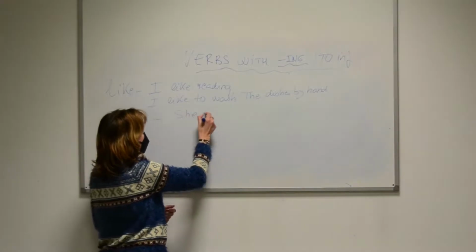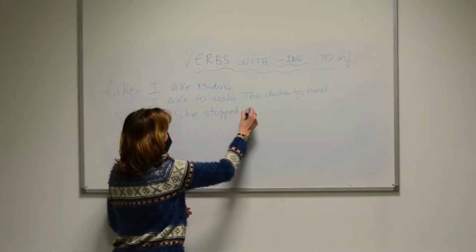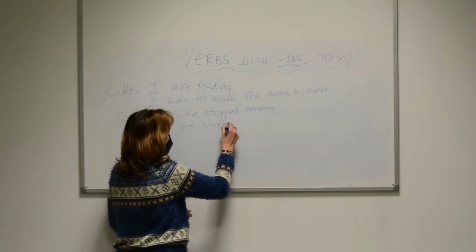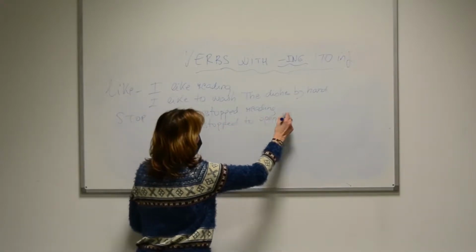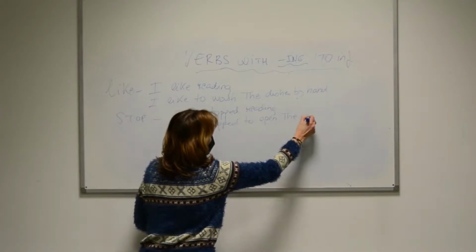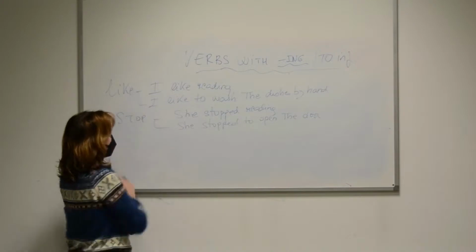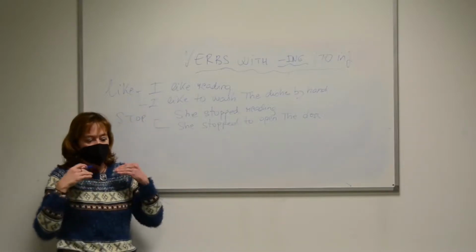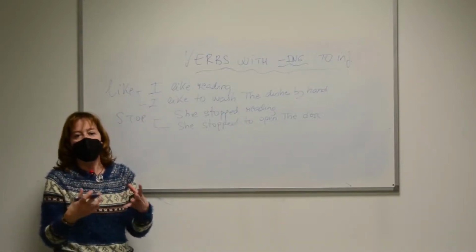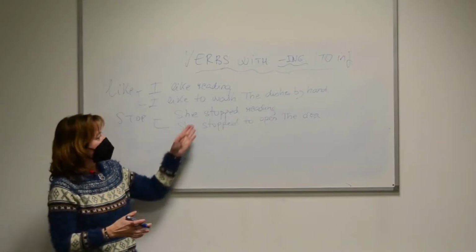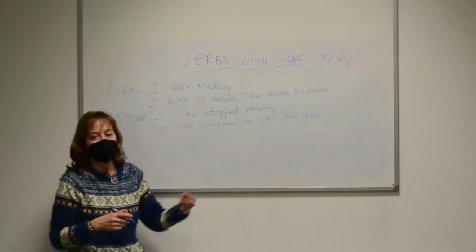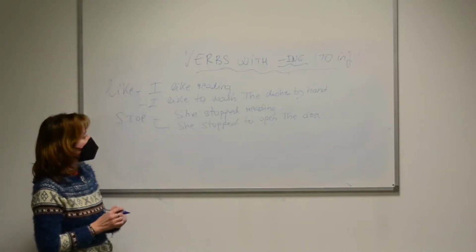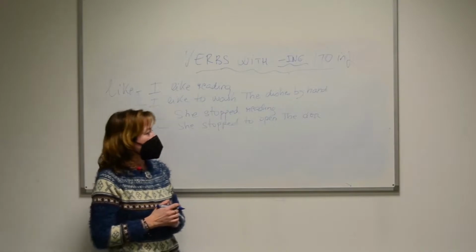For example, she stopped reading and she stopped to open the door or the bottle or whatever. Okay? She stopped reading, she stopped doing something. She stopped to open the door, she stopped to try to do an activity that may be difficult or not. She stopped reading, she had no problem. She stopped to do something in the future. It may be a difficult activity or not. This is the slight difference that exists if we use ing form or if we use